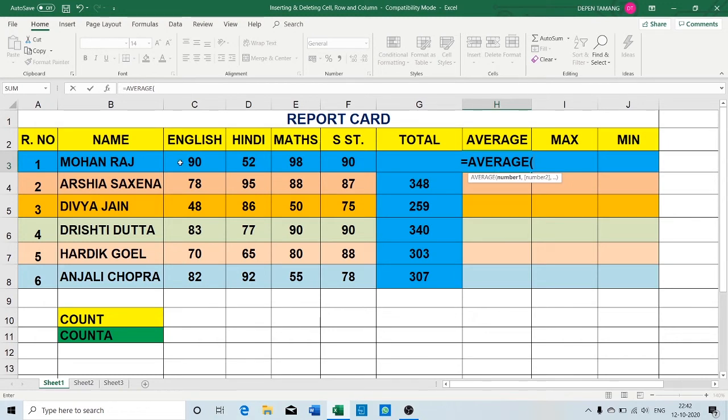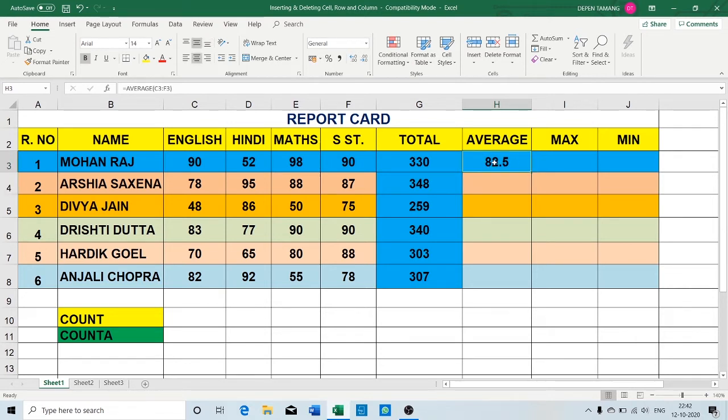Now go and click on the marks of the first subject, as you have done with the total marks, press the mouse button and drag till the last subject, release the mouse button and close the bracket. Now you can see that this is the formula to get the average of the marks. Now press the enter key. Now you can see that 82.5 is the average of Mohan in all the subjects.